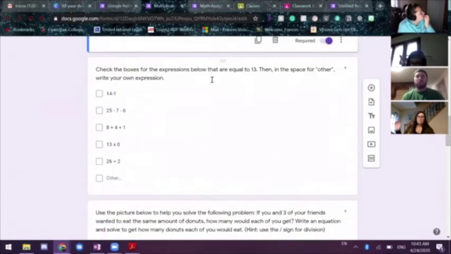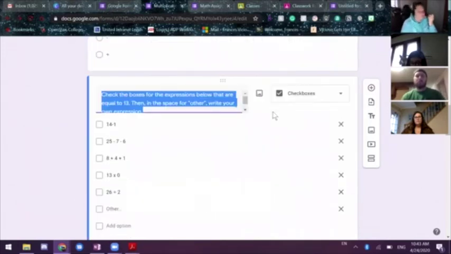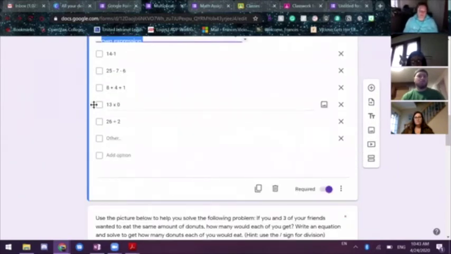This one is an example of a checkbox. It says, check the boxes for the expressions below that are equal to 13, then in the space for other, write your own expression. This is, I'm guessing, typical third grade, fourth grade-ish, maybe fifth grade. So this is a checkbox response. They'll literally just check off what you need. And then I also allow them to put an other. Now, this is where the math option